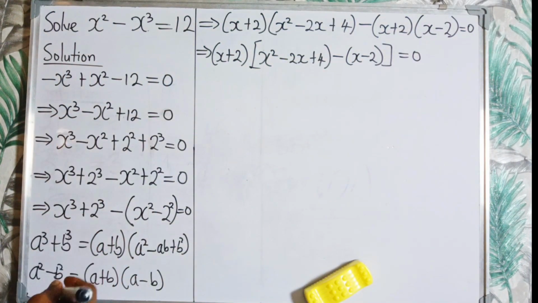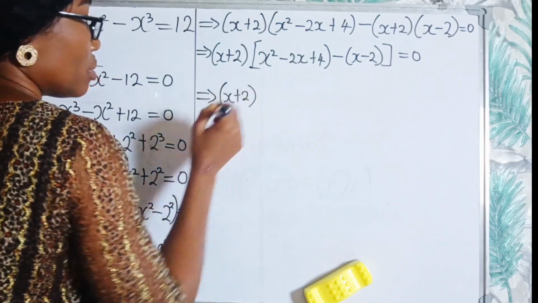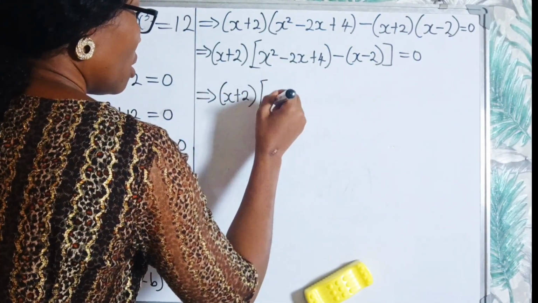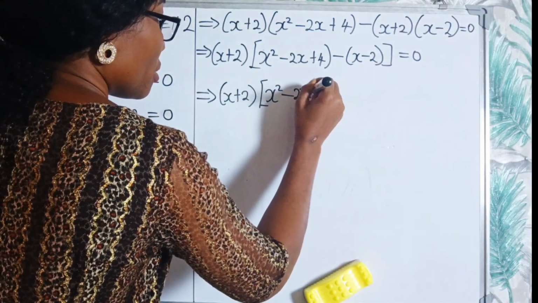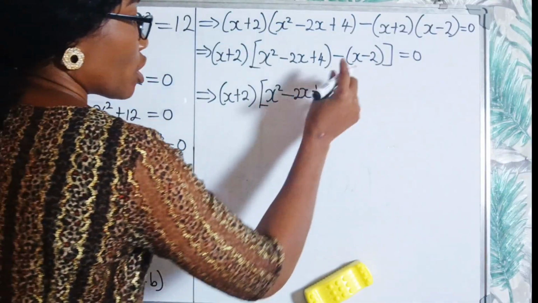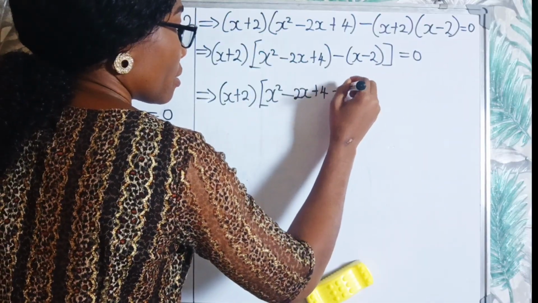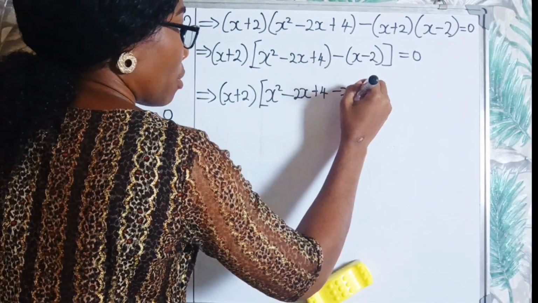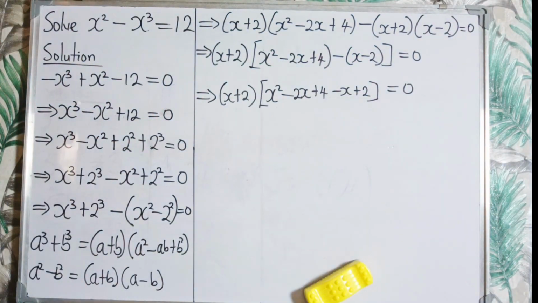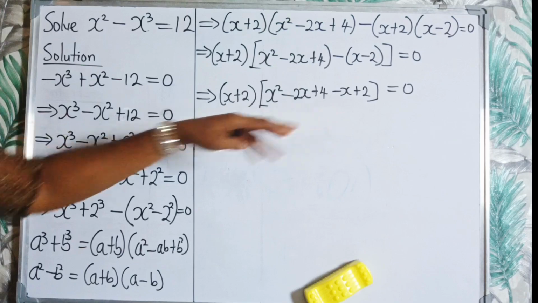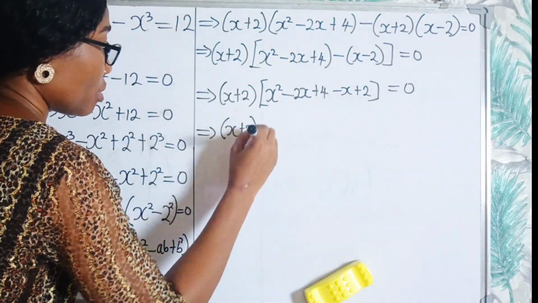Okay, so the next thing to do, here we have x plus 2, and here we have x squared minus 2x plus 4. Let's open this bracket. So here we are going to have minus times x is minus x, minus times 2 is plus 2, and everything is equal to 0. Okay, so let's collect like terms here. So now here we have x plus 2